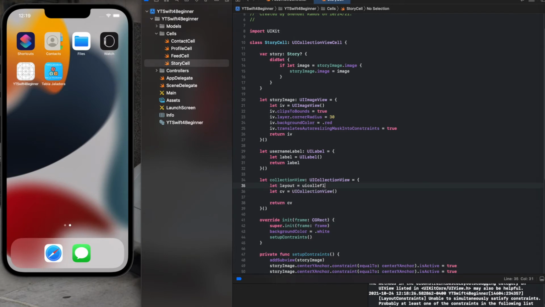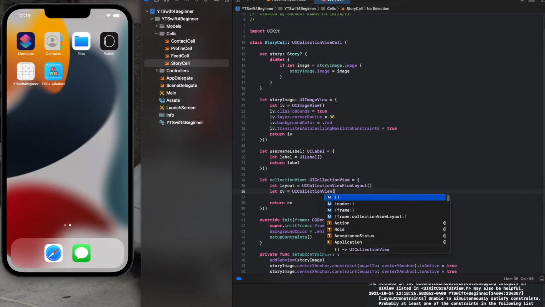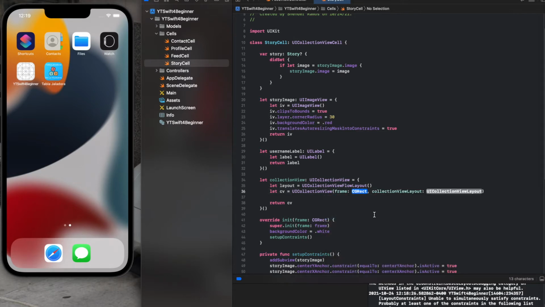You gotta do it here. Right, so when you come here, it'll ask you if you want a frame. So the frame will be .zero, and then because we're gonna add the constraints and put a layout, then here